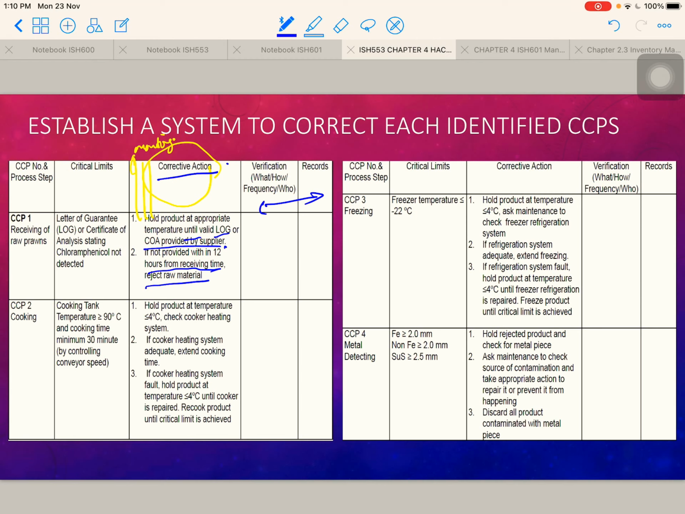For CCP number 2, cooking. Okay, so this is the critical limit above 90 degree. Okay, cooking time 30 minutes. So what happened? Example of corrective action, hold product at temperature below than 4 degree. Check cooker heating system. So let's say kalau dia kata deviate, instead of above 90, 70 degree. So what should you do? Take the product and put in the chill room, or hold the product at temperature below than 4 to avoid